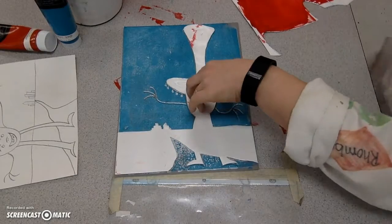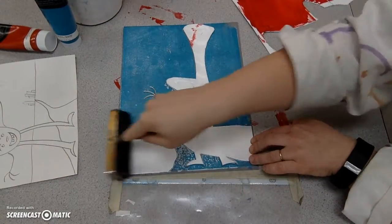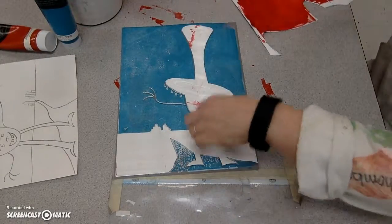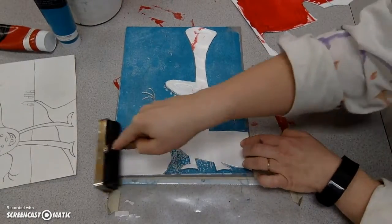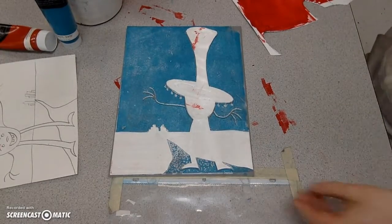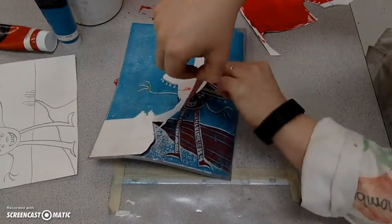Once I've set it in, I need to get myself a clean brayer. Make sure it's also dry and rub it into place. I can flip it over, but I'm not going to because my tabletop's dirty, so if I flipped this, that would ruin my print. And then, think happy thoughts. And carefully,